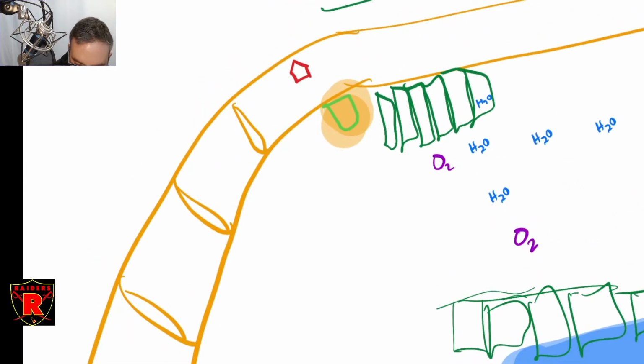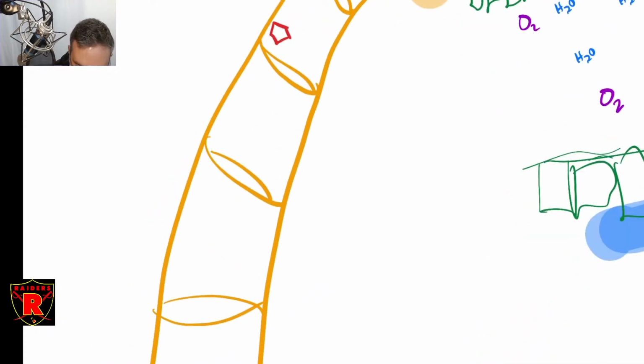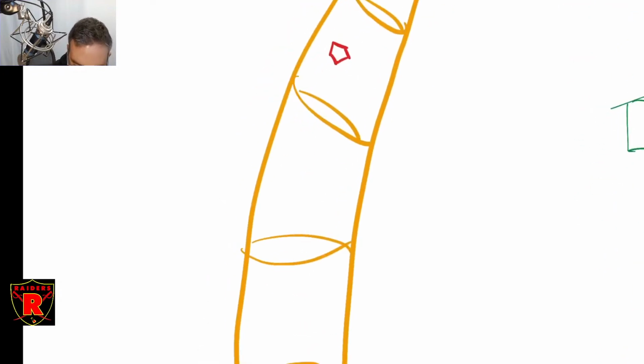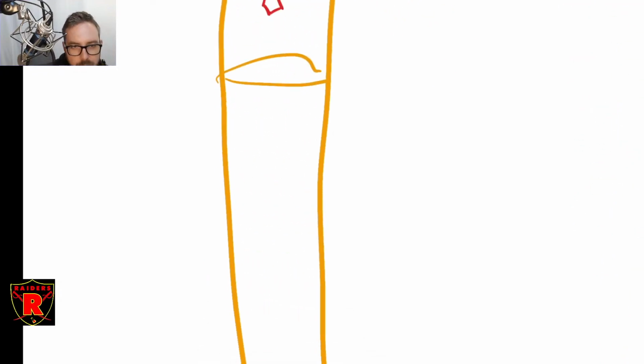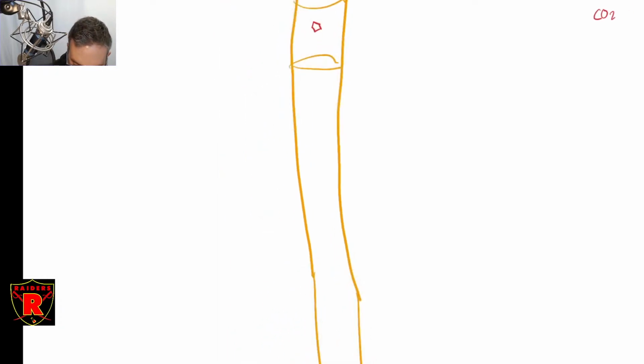Okay, so this actually requires energy, and you're going to be transporting it from this cell to this cell, and then from this cell to this cell, and from this cell. There's some energy being used to actually transmit this sugar molecule all the way down through the whole chain till it gets to